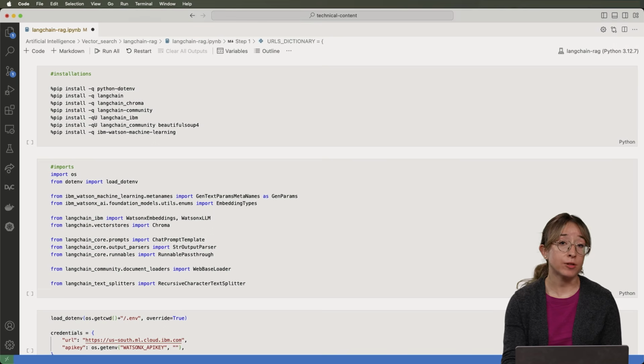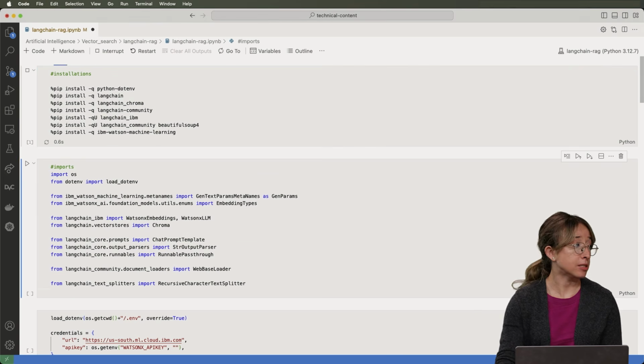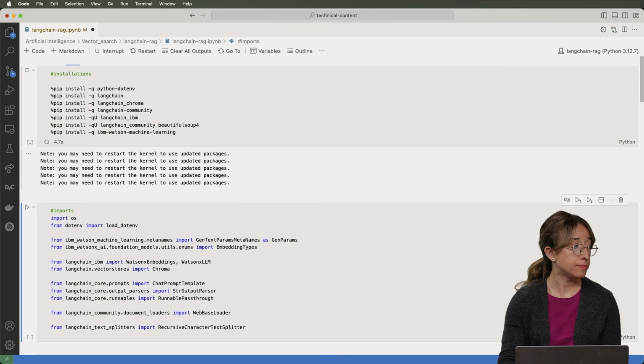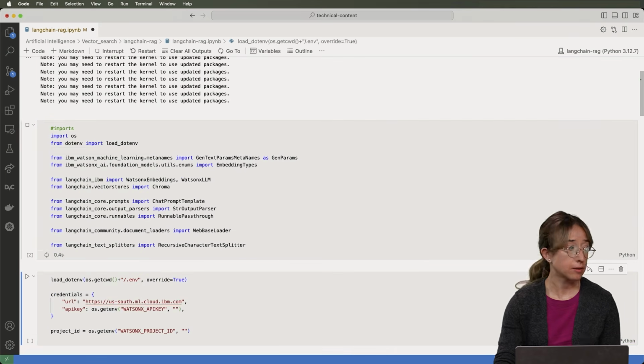Before we can begin, we need to fetch an API key and project ID for our notebook. You can get these credentials by following the steps in the video linked in the description below. We also have a few libraries to use for this tutorial. If you don't have these packages installed yet, you can solve this with a quick pip install. And here we can import the packages.